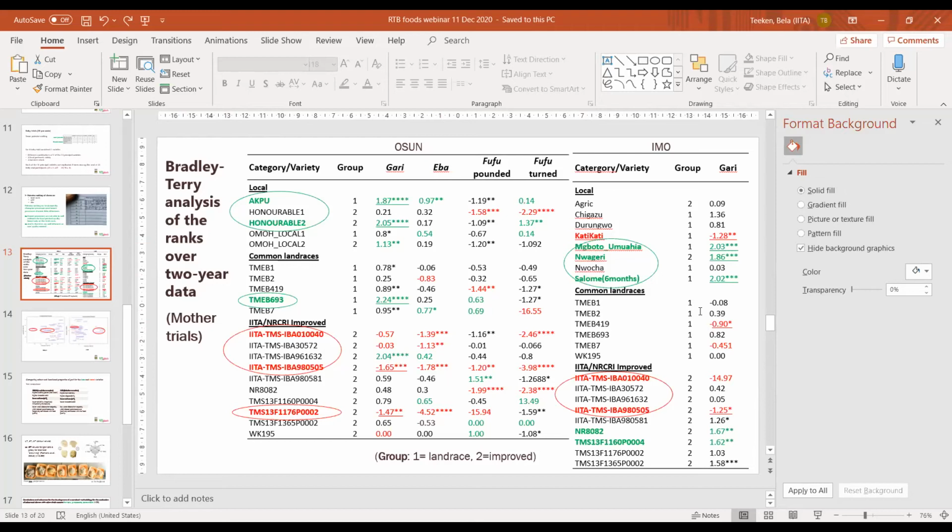I see Michael says, NextGen clone you mentioned, that was more or less okay in IMO. This would be a GBE effect, perhaps either on mode of production or maturity. Yeah, that's a point. We did also measure, they are not presented here, clear differences in soil, for example, and weather conditions in IMO and Osun state. And one important thing is we measured also the soil's acidic characteristics in IMO and Osun, the regular fertility